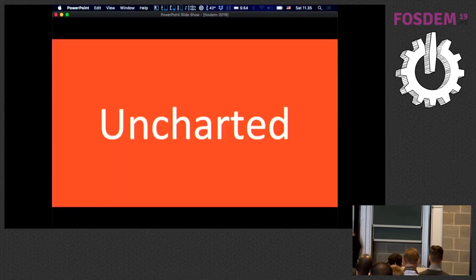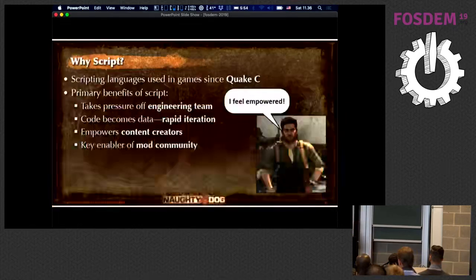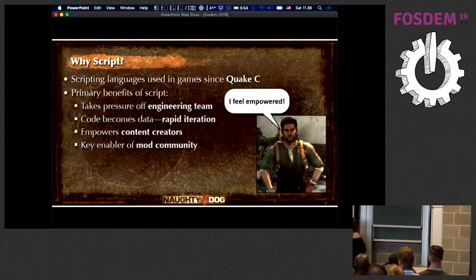So I got interested in this topic back when I saw some slides from a talk from Naughty Dog about how they built Uncharted. If anyone has played Uncharted here, hopefully some. It's a game. It's a bunch of games. So Naughty Dog is a Lisp house. They're very, very heavy Lisp fans. And they really didn't want to give their designers C to script their game. It's not efficient. So, because Lisp fans, they built a variant of Lisp, a simple Scheme language to give their designers,